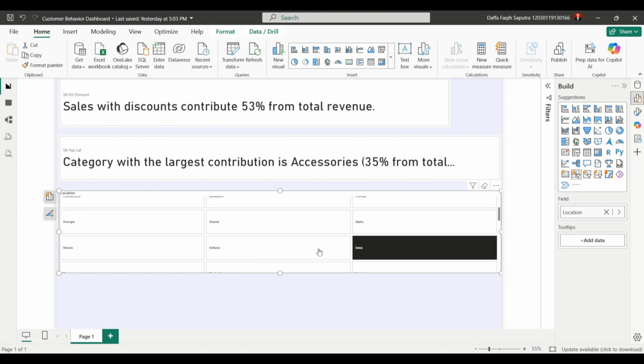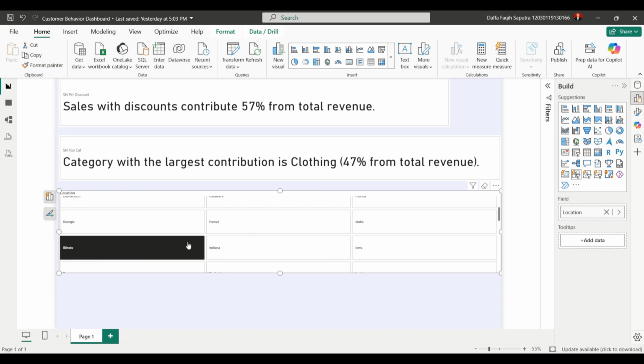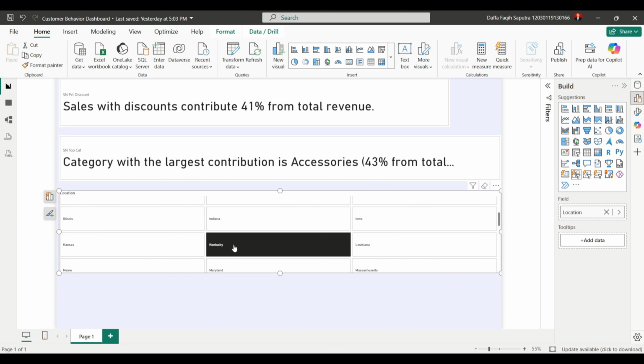In the next video, we'll design a dashboard to make the smart narrative text look more aesthetically pleasing and ready